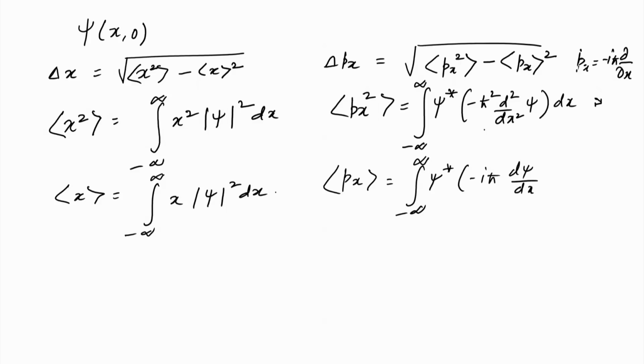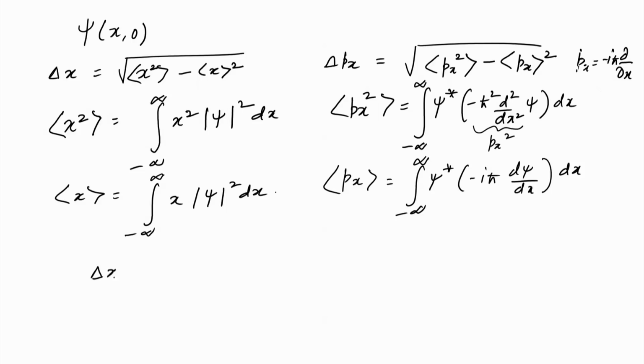So, this is your p x square operator, which is related to the kinetic energy operator, and this is your p x. For a given psi of x, one can use these formulas to calculate all these quantities such as x square expectation and x expectation, and hence calculate delta x from formula 1 and delta p x from formula 2, and then one should be able to show that this is at least of the order of h cross in order for the uncertainty